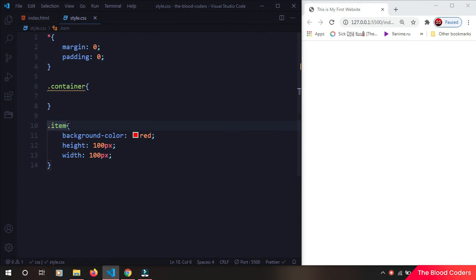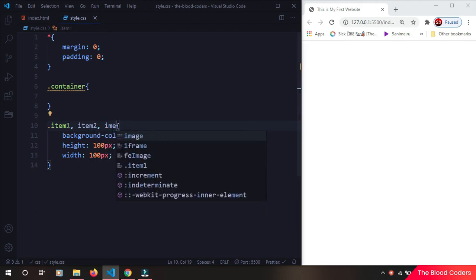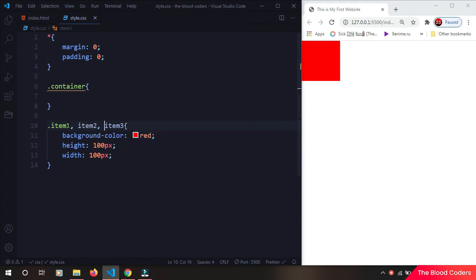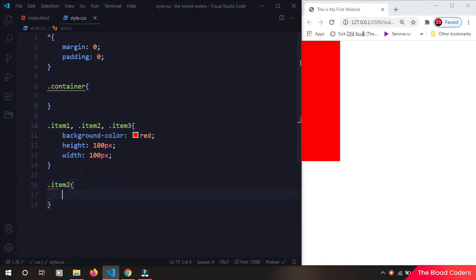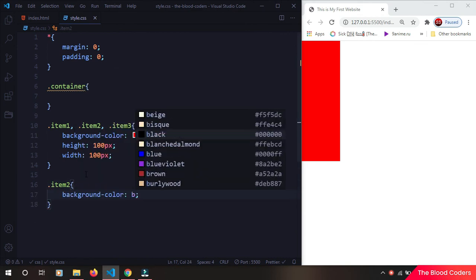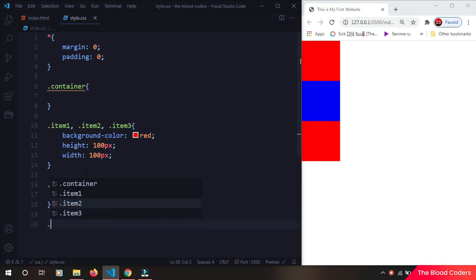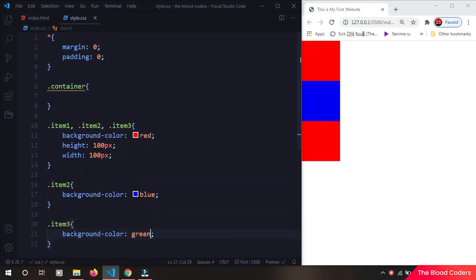So we can do one, two, three. We can say item one, item two, then item three, and again we need to give it a dot. Now we can separately say item two background color blue, item three background color green. Okay, so we have three boxes now. One is red, one is blue, and one is green. Now in our container we are going to say display grid,